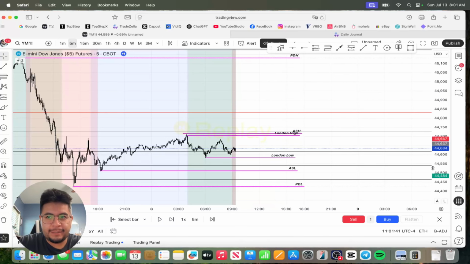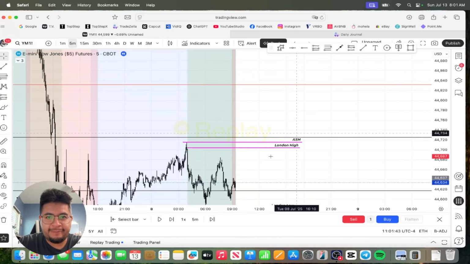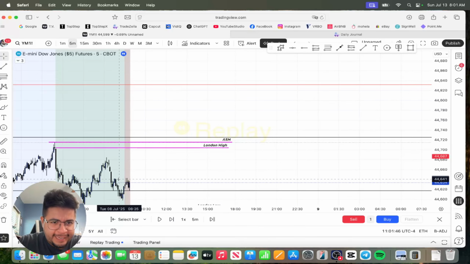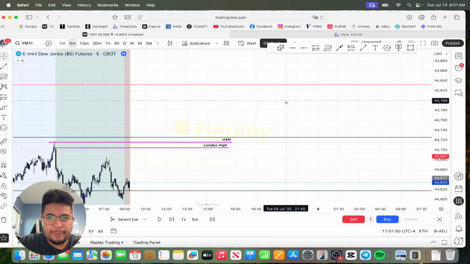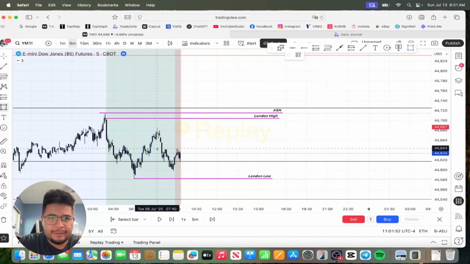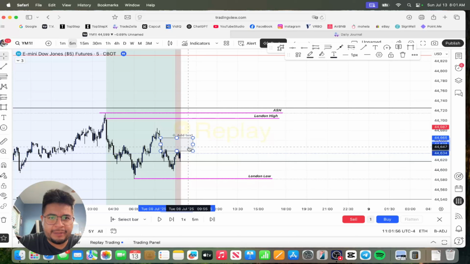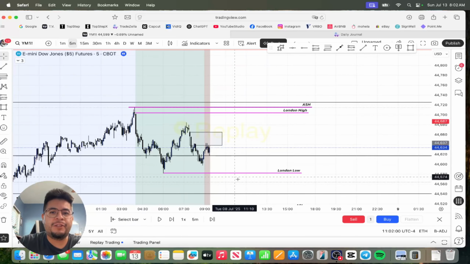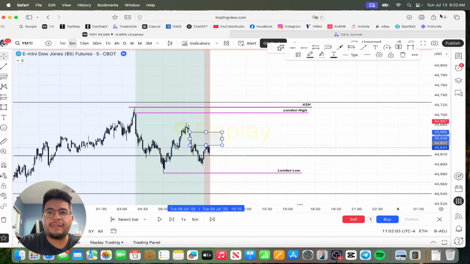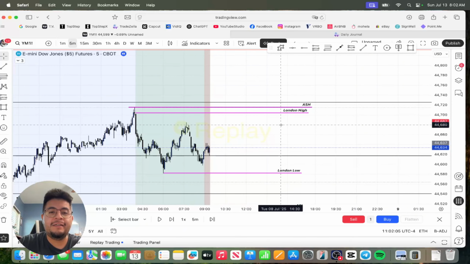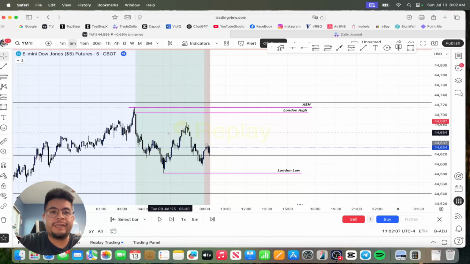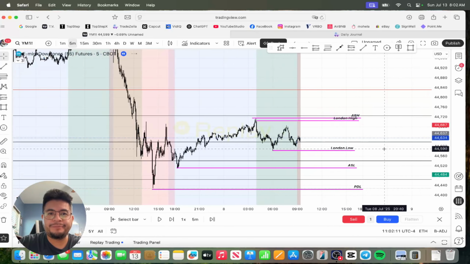There is on this 5-minute chart a fair value gap in this area right here. It kind of already got into it with these right here, but it could push a little higher to then go lower. But I don't like to trade within these liquidity zones or these fair value gaps unless they align proportionally with the liquidity zone. So right now, as of right now,